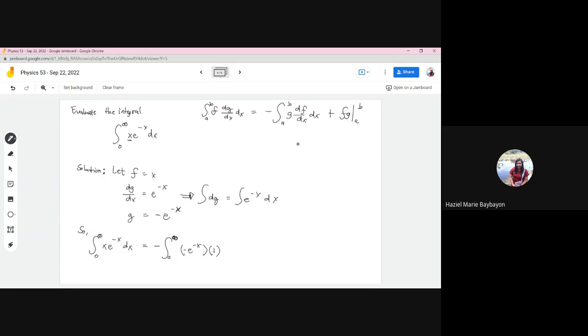Okay, and then copy lang din nato ni si dx plus your f is x multiplied by g, which is negative e to the minus x. Okay, so this is integration by parts. Ang ato lang dahil evaluate kay kini siya. So you have positive integral of e to the negative x dx